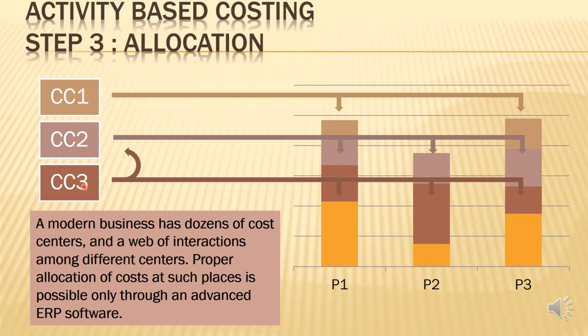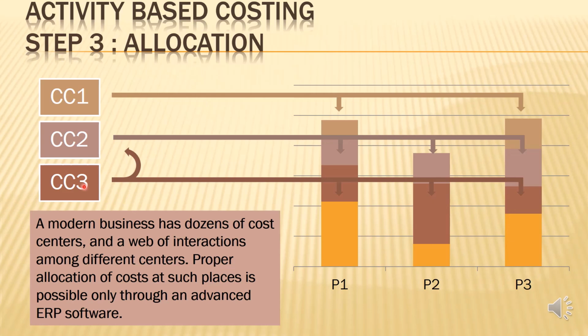interactions among themselves. For example, employee welfare will be there in each and every cost center, and IT will also be there in each and every cost center. So this way, a lot of cost gets absorbed by different cost centers themselves. So a proper allocation of cost in such complex organizations can happen only through an SAP type software, and it can be either SAP or it can be something which does functions similar to SAP. It can be any ERP software, but you need software. It is not humanly possible.